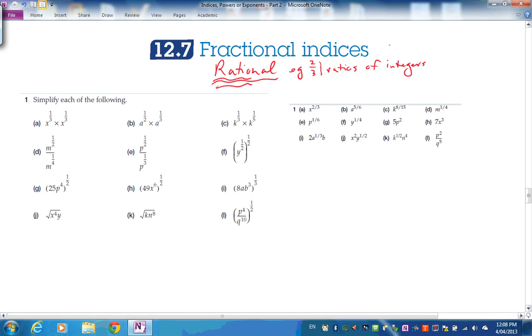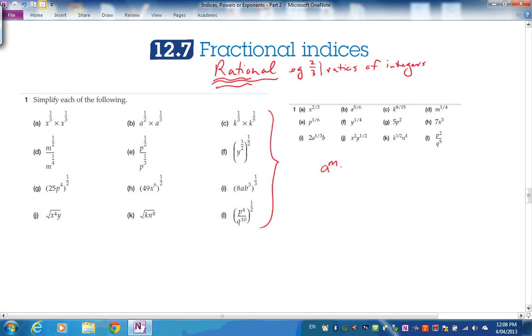Rather than call them fractions, we often refer to expressions that look fractional as ratios. So these are rational indices, ratios of integers, of whole numbers. All right, so simplify each of the following. Here's a bunch, just like the original first worked example, remembering your basic rules. So I'll just write them here, because in a minute I want you to pause the presentation and have a